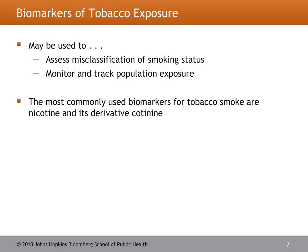So an ideal smoking biomarker would be specific to tobacco combustion, something that is derived from the tobacco itself. For instance, nicotine or cotinine, and even tobacco-specific nitrosamines. Another point is that a great biomarker specific to tobacco smoking would naturally have a long biological half-life, and it would be an agent associated with or correlated with health effects. It's also important that the biomarker has some reproducibility, and practically it needs to have minimal invasiveness, and the cost